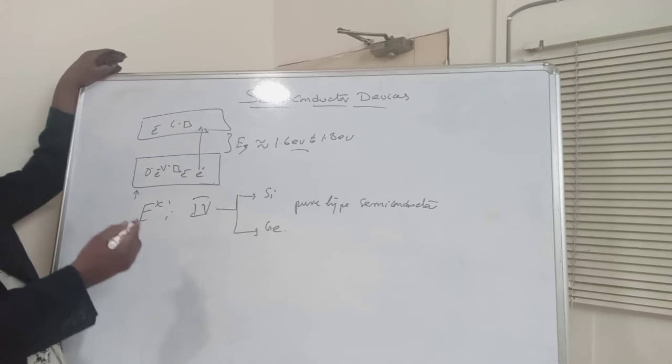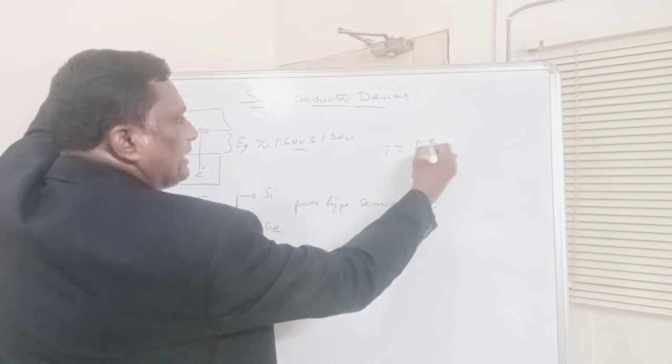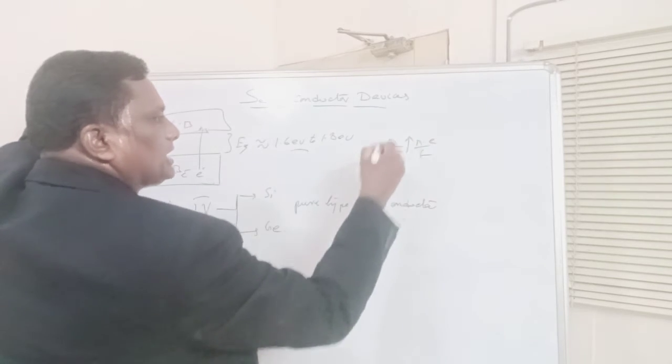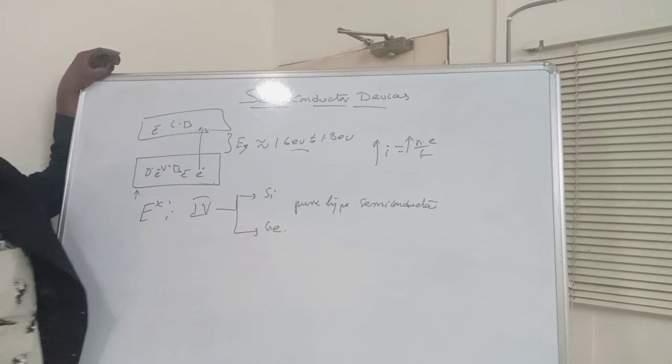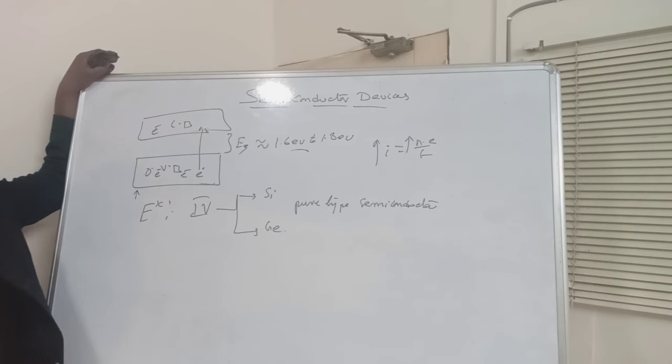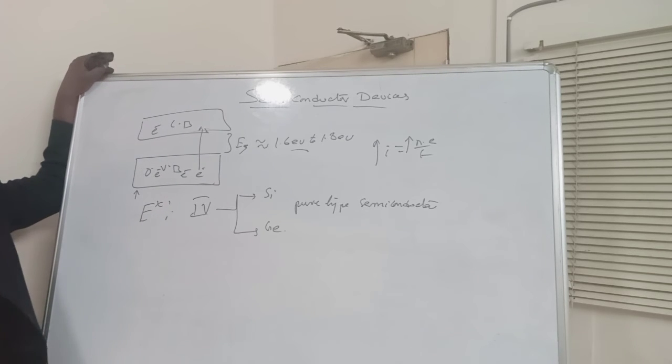But you know the current I is nothing but N into E by T, meaning if the number of electrons increases, the current also will increase. Here we have only 4 electrons, and 4 electrons means a very small amount of current will pass. Is it correct or not? Because of that, to make a larger amount of free electrons, we go for doping.